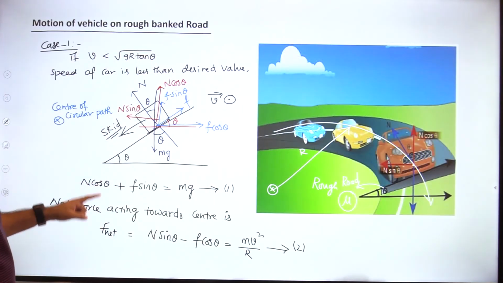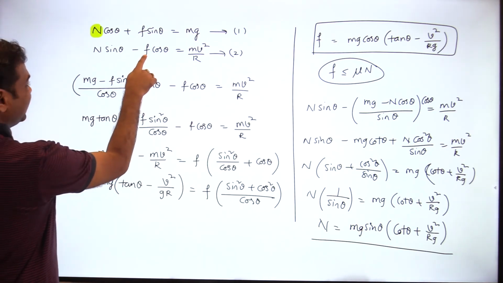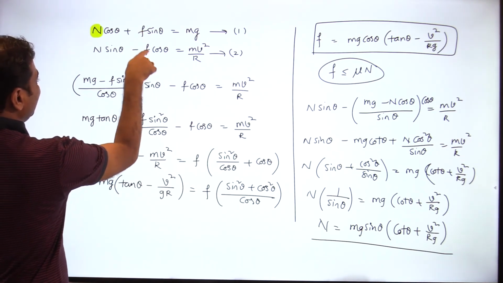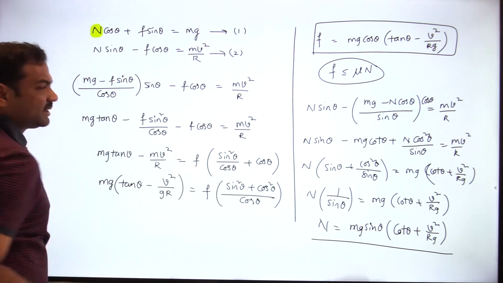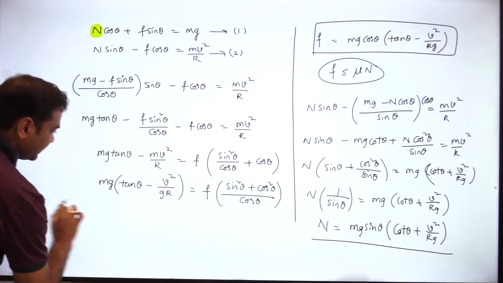These are the two forces first. From these two forces we solved. So this is the idea. Actually you can directly keep mu into n. Mu into normal reaction you can keep and you can cancel, but that is not the exact way. You can solve this with this logic also.